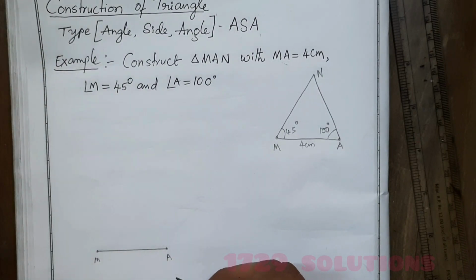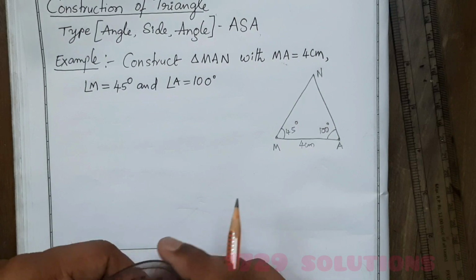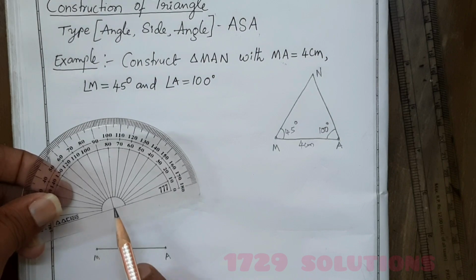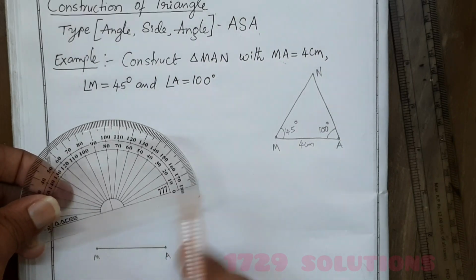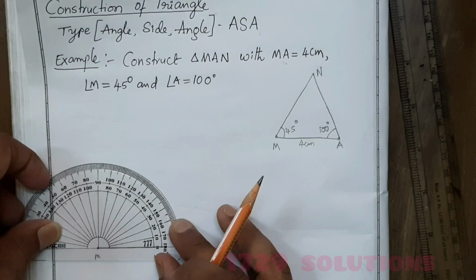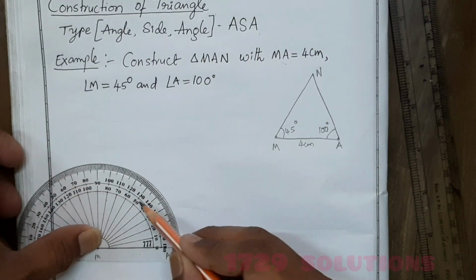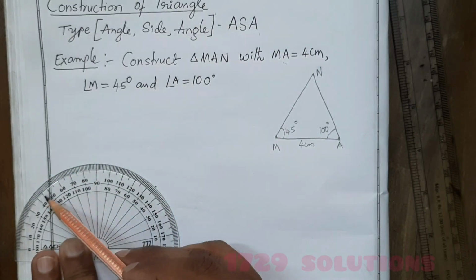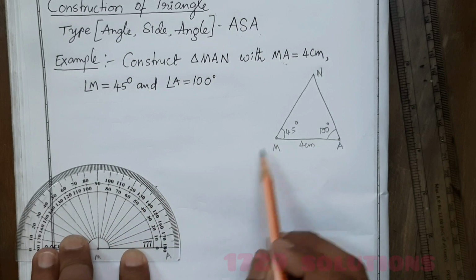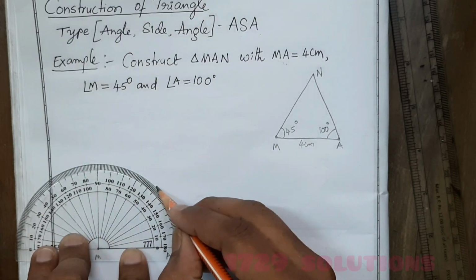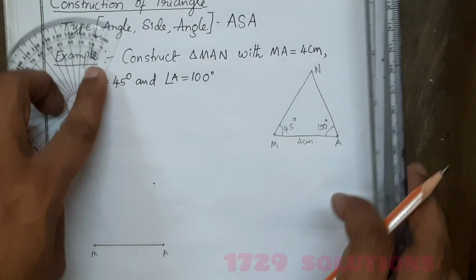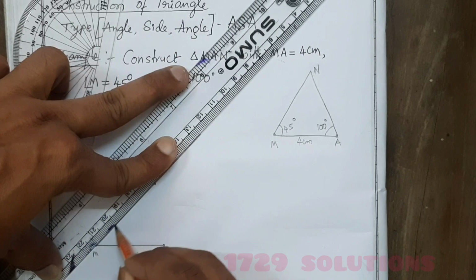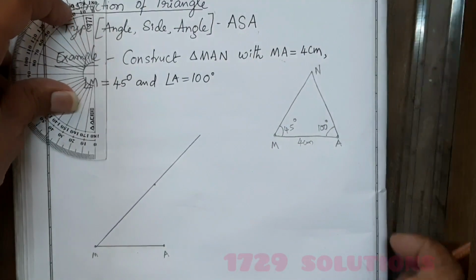Next, take the protractor. How to measure with the protractor is very very important. These 2 points should be matched and the line should be matched with MA. This is the way to place the protractor. And identify 45 degrees, between 50 and 45. You are taking from the right side, so you need to take the lower values. There is a 45 on the right side also, but you should not take that one. 45 is an acute angle. You know very well how an acute angle looks. Join a line with that point. This is the 45 degrees angle.